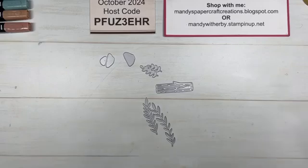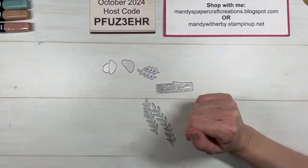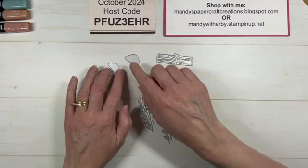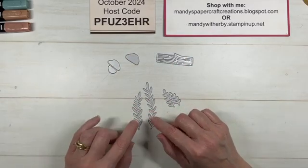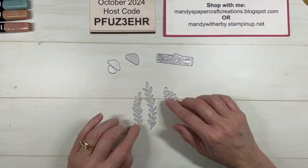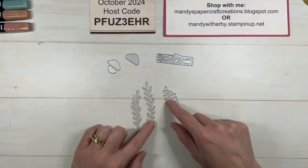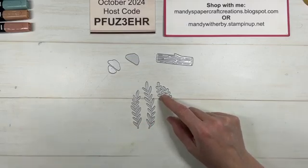I might actually grab, what am I trying to say? I might grab some scraps in the colors that I want to use. So I'm going to do pecan pie. We're going to do some crumb cake. And for these ones, I think we'll do the same colors. We might do the opposite. So we might do these in the old olive, and we might do these ones in, well, actually,